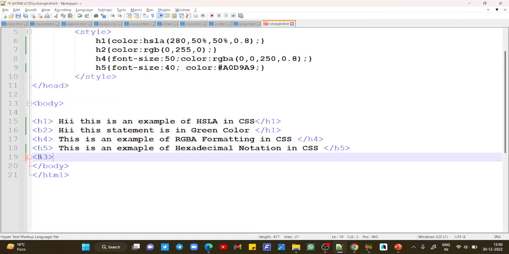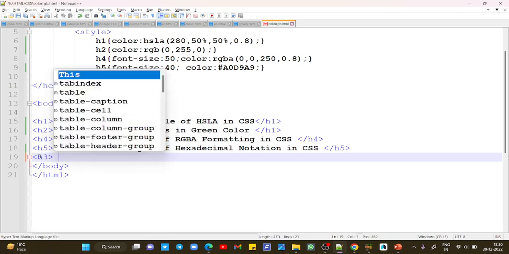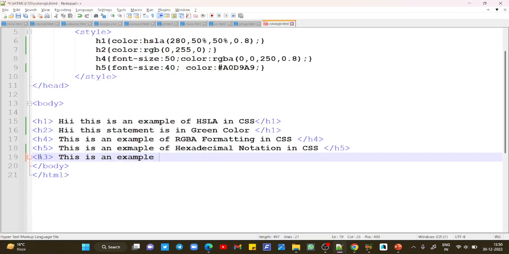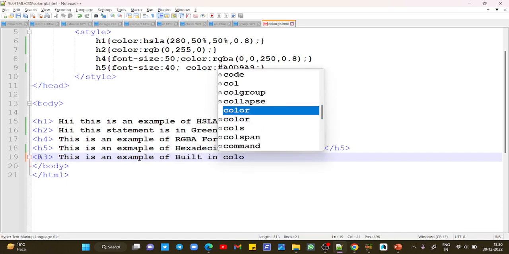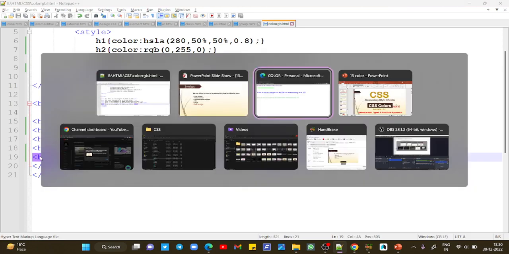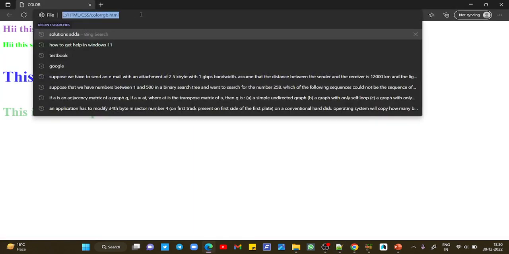As its name implies, built-in colors means the collection of previously defined colors that are used by simple names like red, blue, green, etc. For H3, this is an example of built-in colors. Let's close the H3, save and refresh.